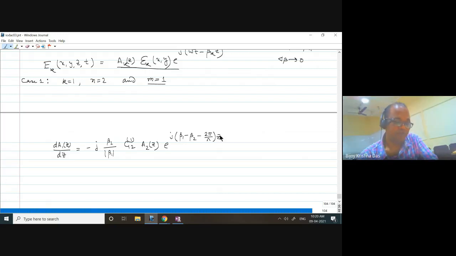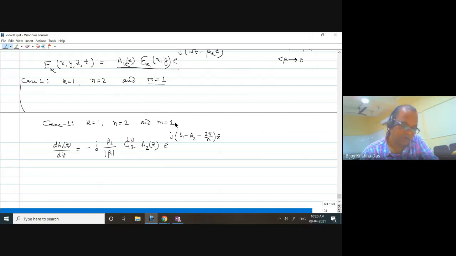Is that clear? So this is the case I am considering, case 1. I repeat: k equal to 1 in the coupled equation, n equal to 2. I am forgetting all other modes existing. Only 2 modes I am restricting myself to, assuming that no other guided modes are there in the waveguide, for example. If you have questions, please ask.